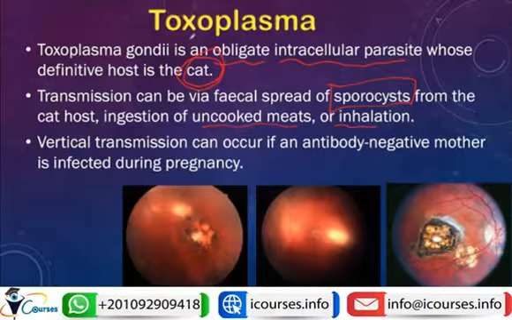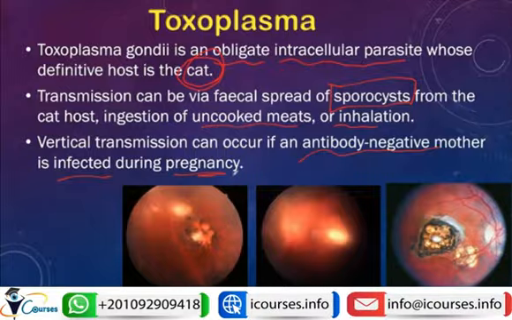Or if it is present in the mother, then the infective form can pass directly from the mother to the fetus, either in the early pregnancy or in the late pregnancy, which will present with different clinical pictures, leading to vertical transmission. So in vertical transmission, if an antibody negative mother is infected during the pregnancy, this will result in active infection, and the infective form will pass to the fetus, leading to congenital